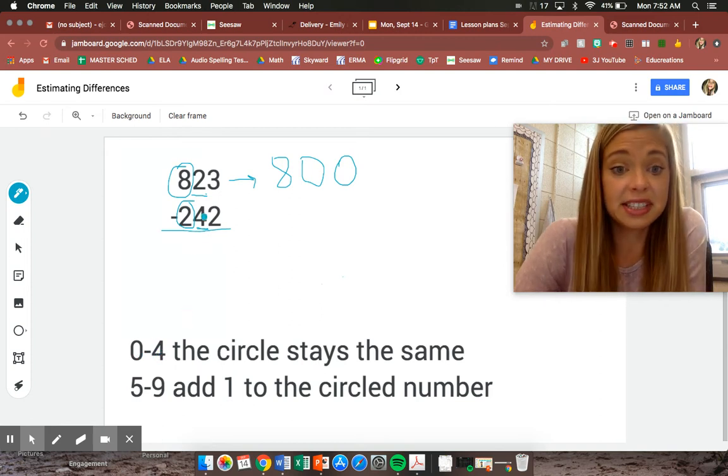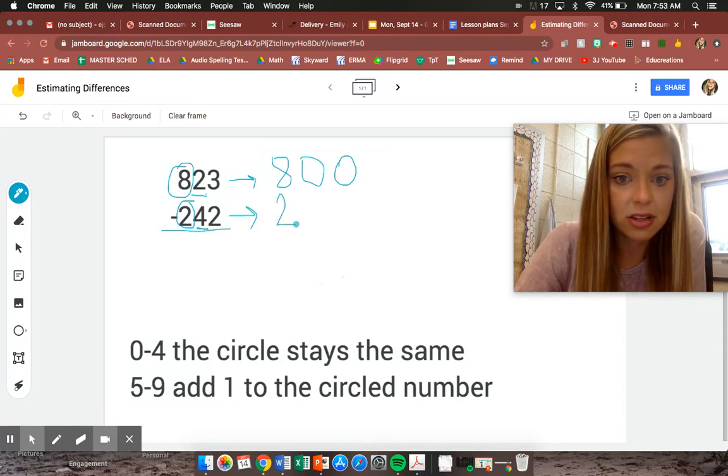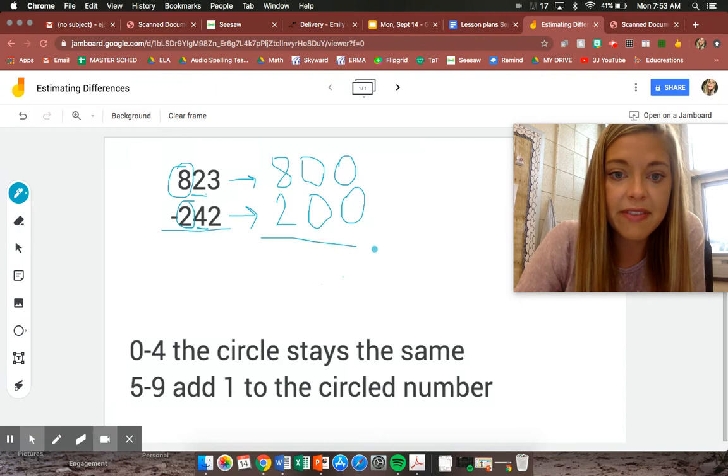So this circled number is just going to stay the same again. Okay, just like we did in this top number, the 2 is just going to stay the same. So that's going to be 2, and then all of the other numbers turn to 0. Make sure you're lining up your place values here. Now we have 800 minus 200,